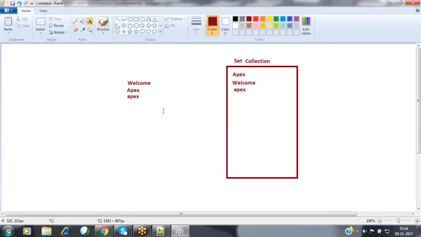What it means is that the elements are different. How are these elements different? Because the set collection uses binary comparison whenever it is comparing the elements before inserting a new one. When it tries to add the new element Apex, it verifies whether this Apex element is already there in the collection or not. Here the A is capital, but now here A is small. For the capital A we have a different ASCII code, and for the small a a different ASCII code is available. So the binary formats are also different, so these elements are different.